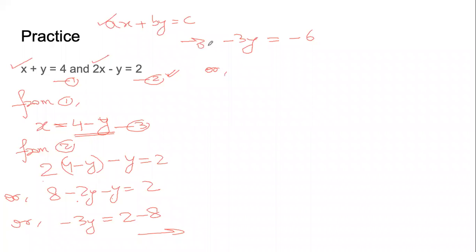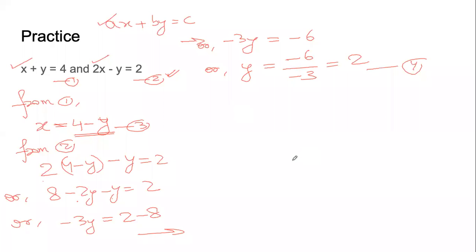Now, if we have to find the value of y, we will keep y on one side. We will take the coefficient minus 3 to the other side. On the left hand side, it is minus 3 into y. So this will become minus 6 divided by minus 3. Again, integer division, minus 6, minus 3, same sign. Answer is 2. We have found the first part of the solution.